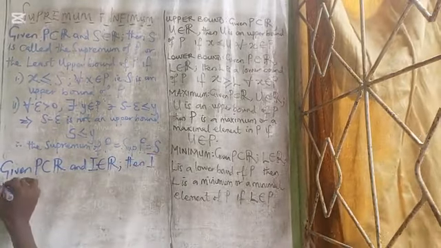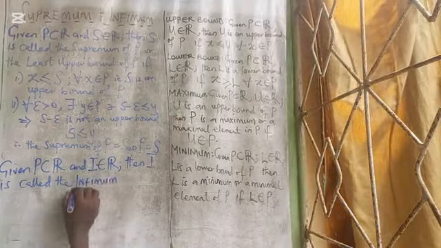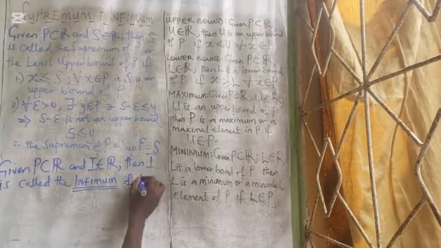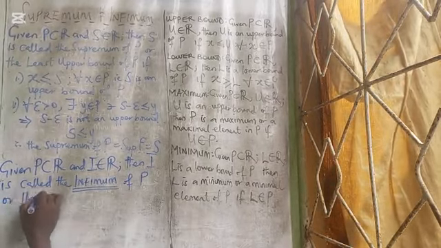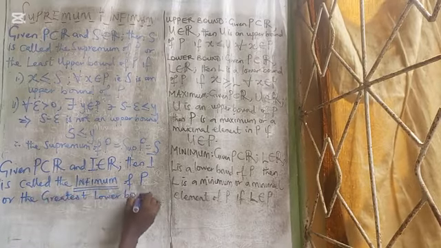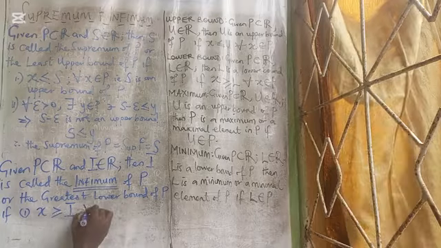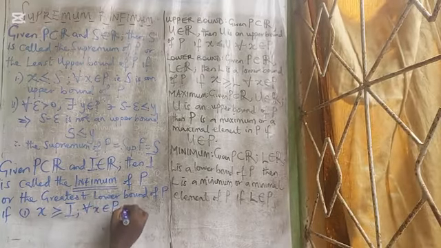Then I is called the infimum of P, or the greatest lower bound of P if 1, the first condition is that it is a lower bound. And if it is a lower bound, X is greater than or equal to I for all X contained in P. That is, I is a lower bound